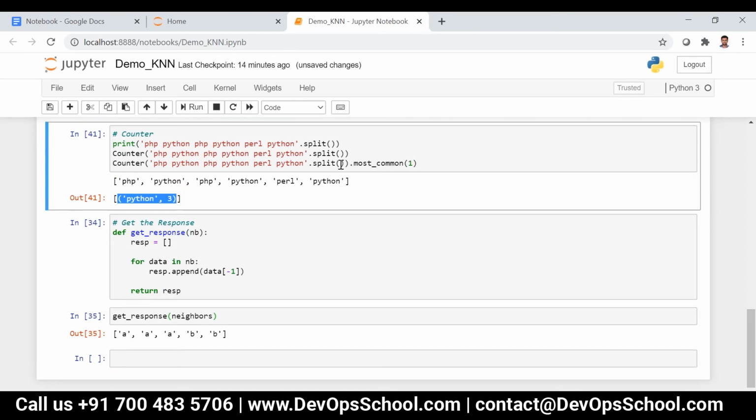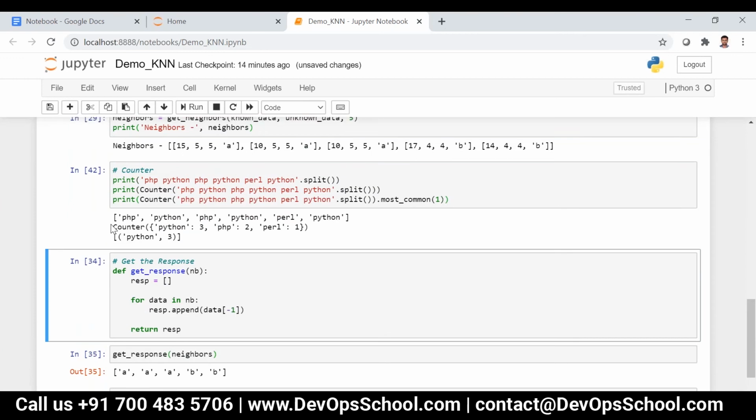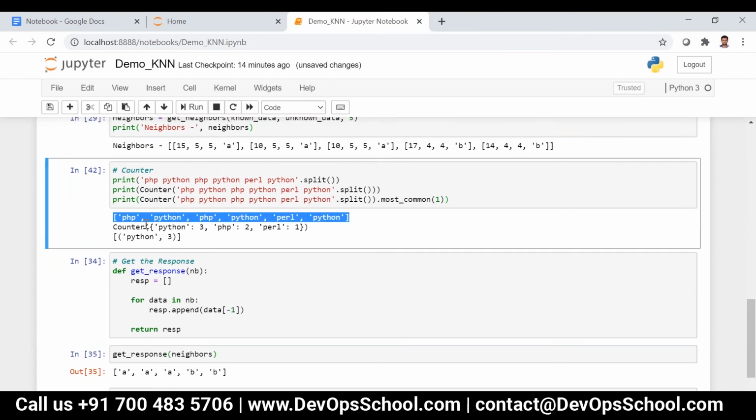Let me just print like this: print something, and then again print something. So the first one is printing the split list. The second output is the number of occurrences of each and every element in the list, and then at last I'm just receiving most_common of 1, which is Python. So I can easily retrieve the top elements over here.